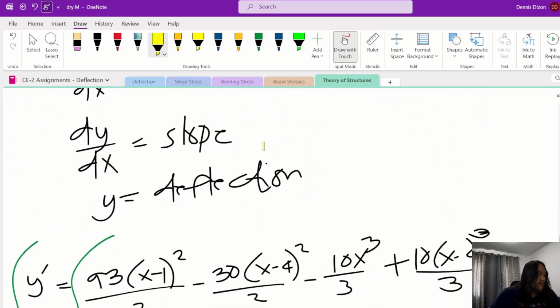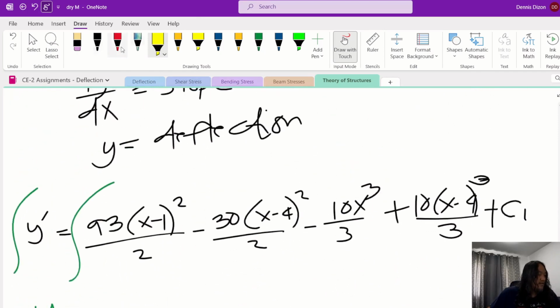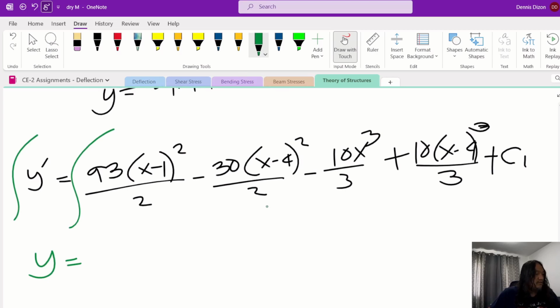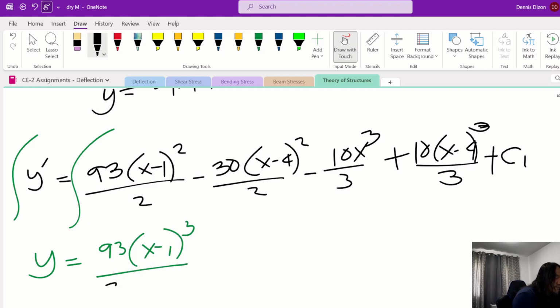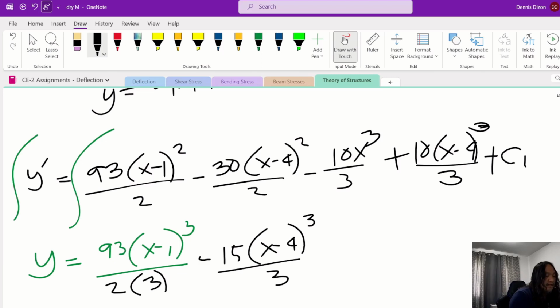So using that same integration formula, y is equal to 93 again, and then x minus 1 squared will become x minus 1 cubed, and then we have the original 2, then times 3, which is the n plus 1, and then minus 30 over 2, this is now 15, and then x minus 4 squared will now become x minus 4 cubed, then over 3, and then minus 10 x